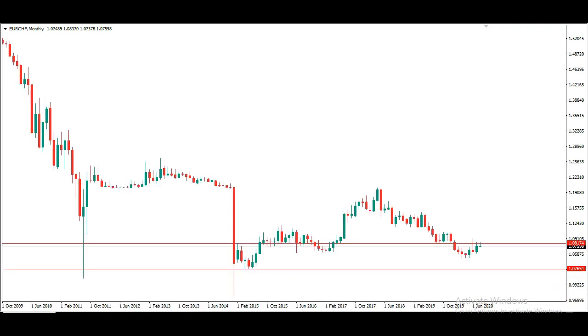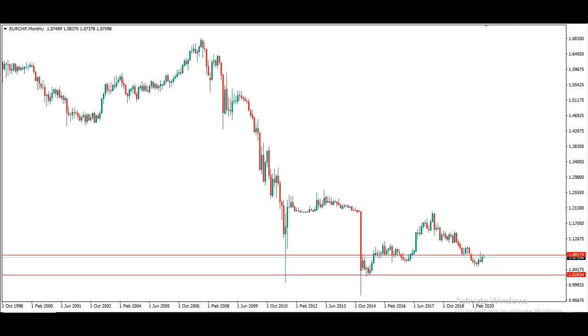Now this is the monthly time frame on EURCHF, and what we can first of all see is that the price of this pair has been in a downtrend for the past 10 years or more. And we can expect the price to get to this area of support right here, because you can see that it has acted as support around 2014 and around 2010 back here. So I can expect to see price drop further into this area, and I will zoom in so I